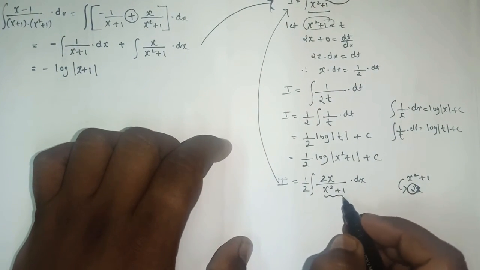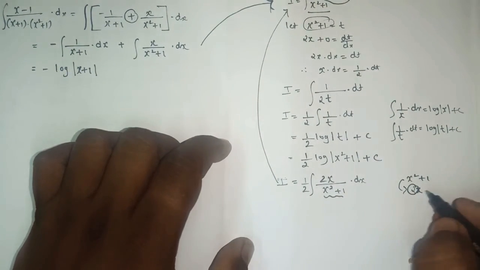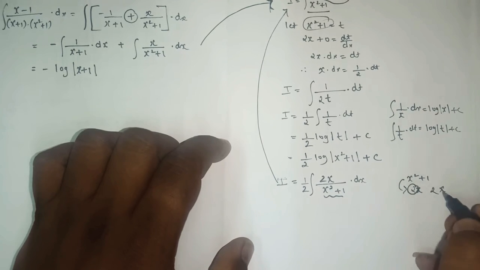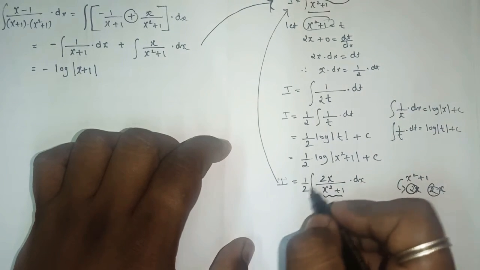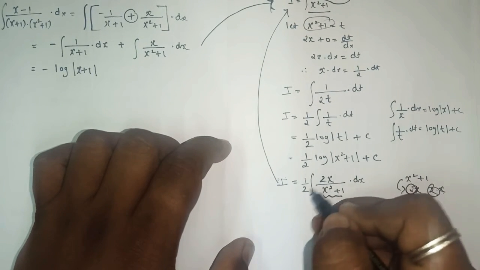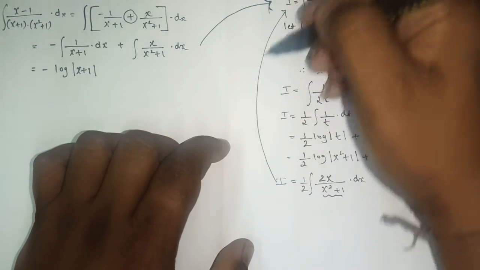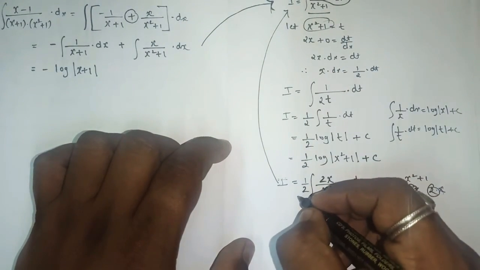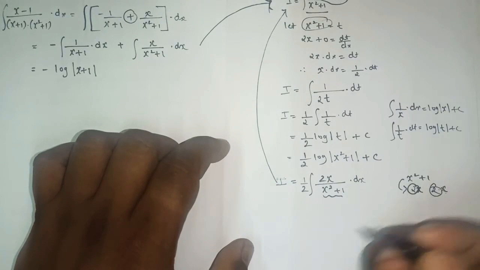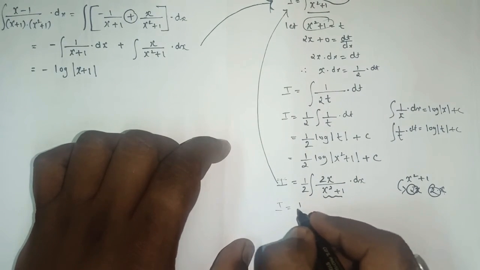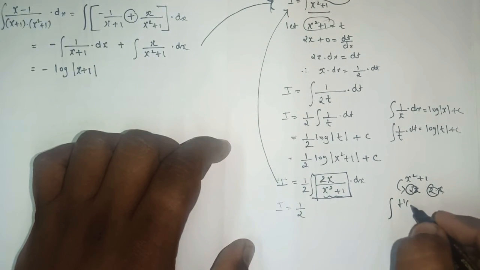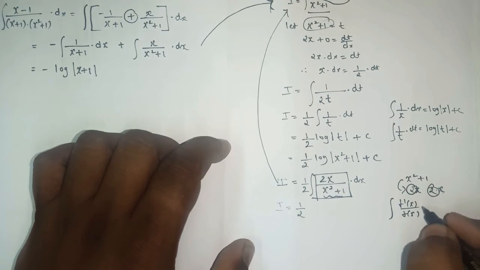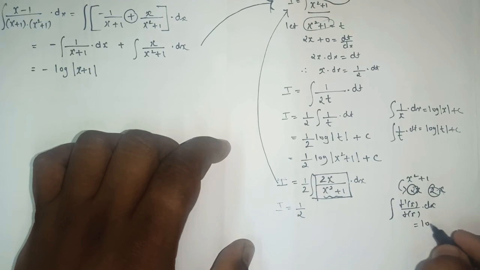Just take this denominator part, differentiate. So here we got 2x, as in the numerator x was there, so simply you have to multiply and divide by this constant. That only I did, and arranged the constant in such a way that you must get the previous step. As clearly we can see that 2 will get cancelled and you will get the previous step. Okay, I equals 1 upon 2. As this part, clearly we can see that it looks like f dash x upon f of x into dx, which can be written as log mod f of x plus c.